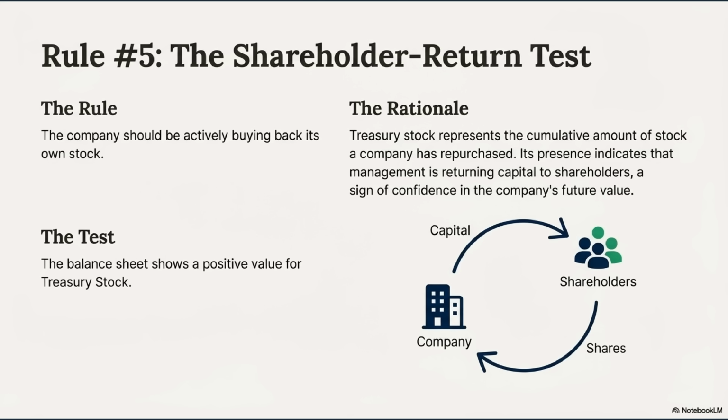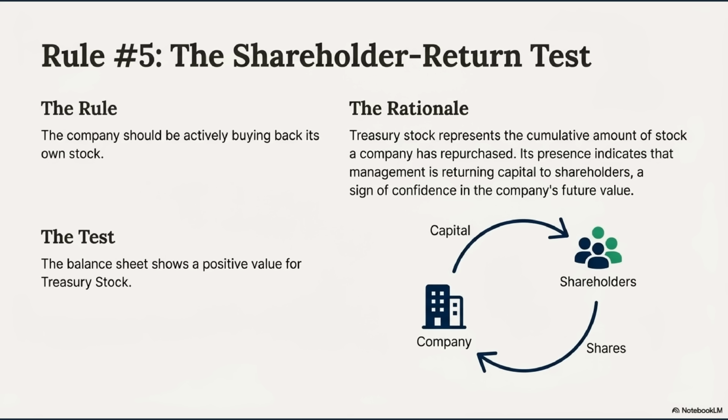Okay, that wraps up the 3 rules for financial independence. Now let's talk about the future. Rules 4 and 5 look less at what the company has and more at what it does with its money. Yeah, this is about durability, growth, and how management treats its shareholders. Rule number 4 looks at retained earnings, which many people call the most crucial long-term indicator of profitability.